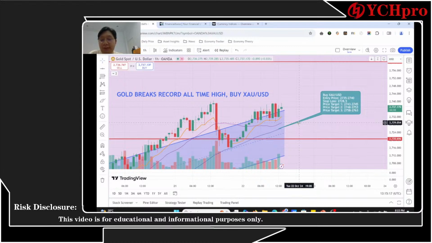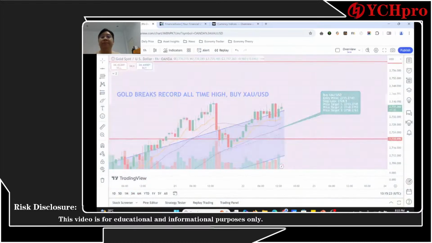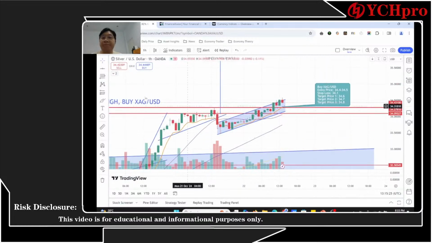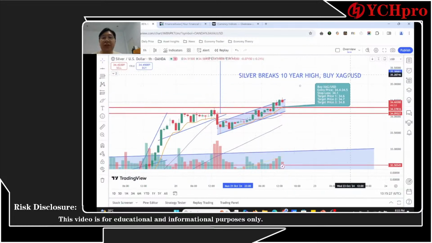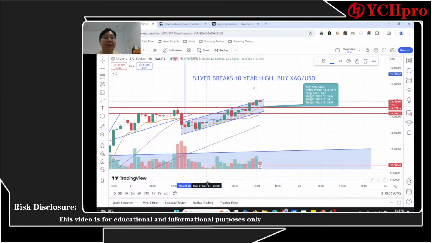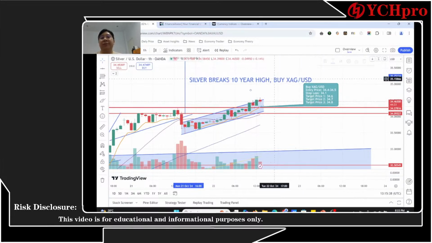Okay, I'll be waiting. At the moment, let us view what has happened on the silver market. Alright, nothing much has changed, not surprising. Still pretty much on track with what we have been looking at. And the high prices almost reached our first price target, so maybe a second chance could work well, so let us see.